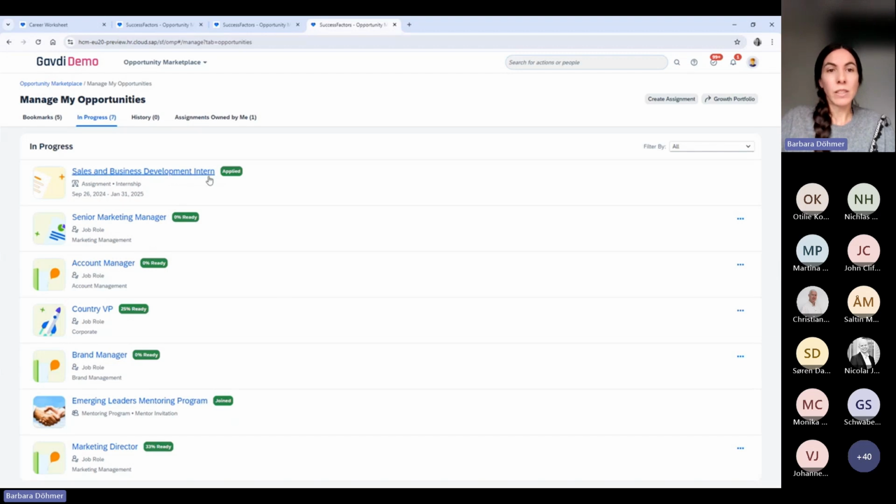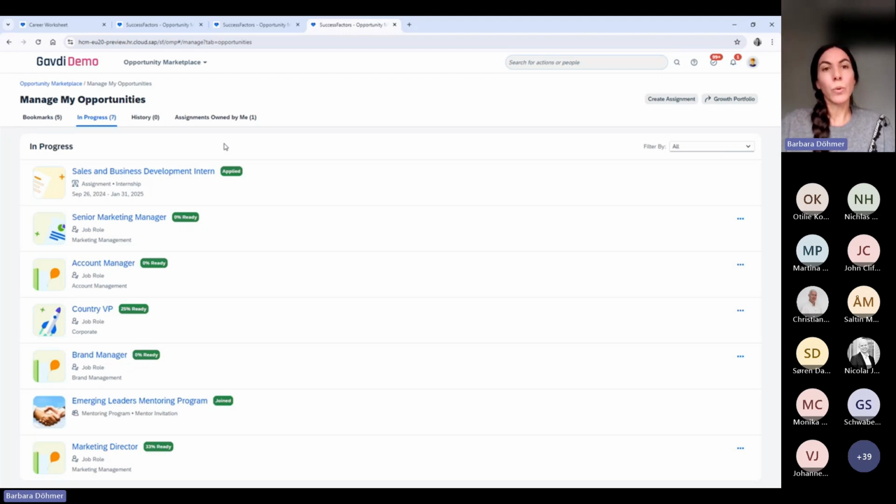But also, as you can see, you have your assignments. You have just applied, so you need to wait for your application to be reviewed and accepted before you can start working on these assignments. The same way, I can apply for other people's assignments and work on those if I have the right role.